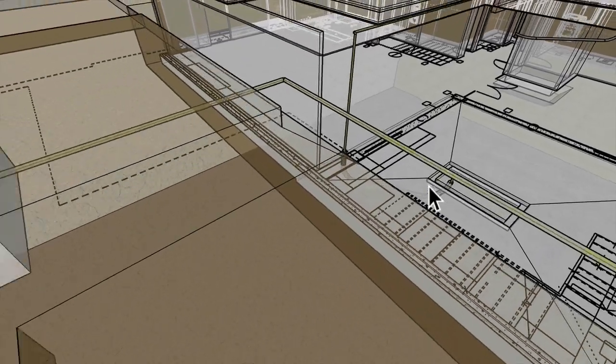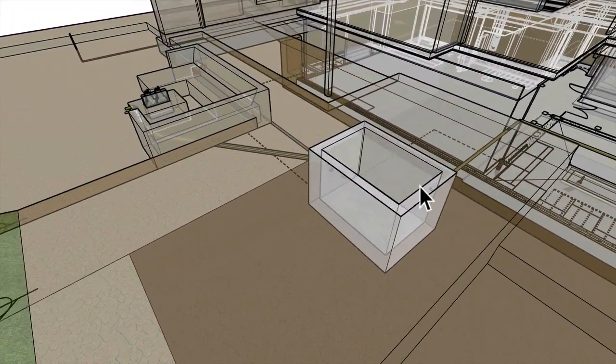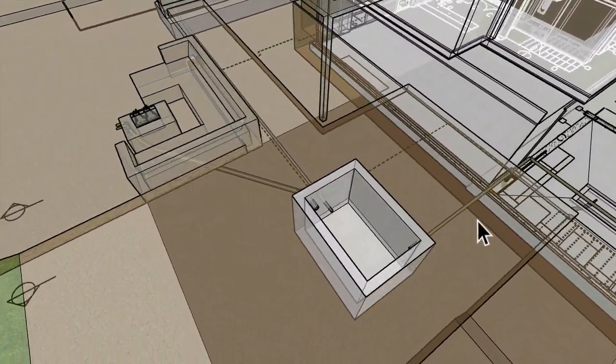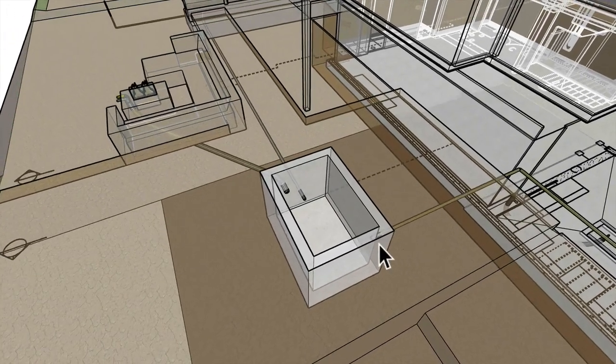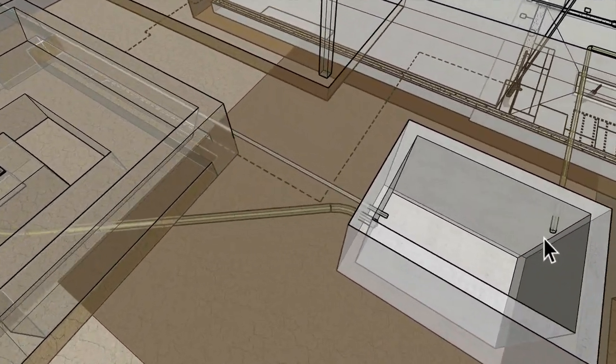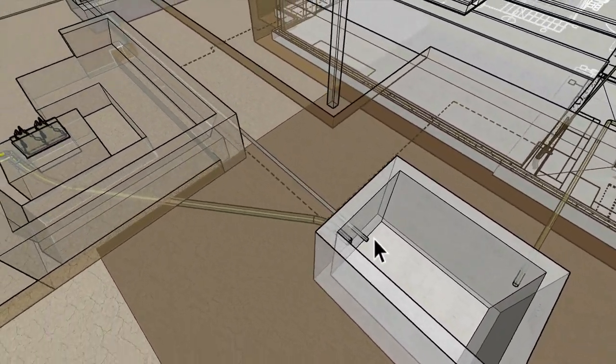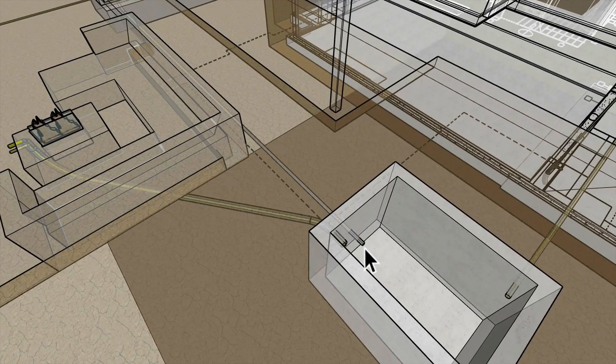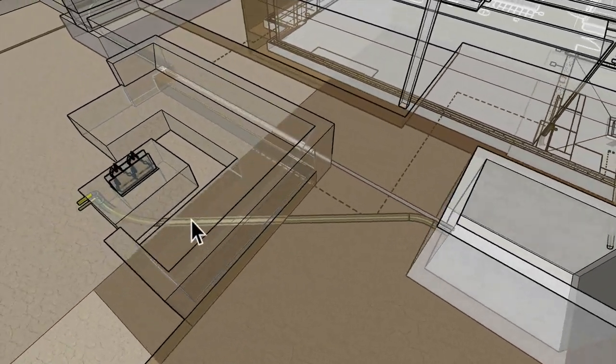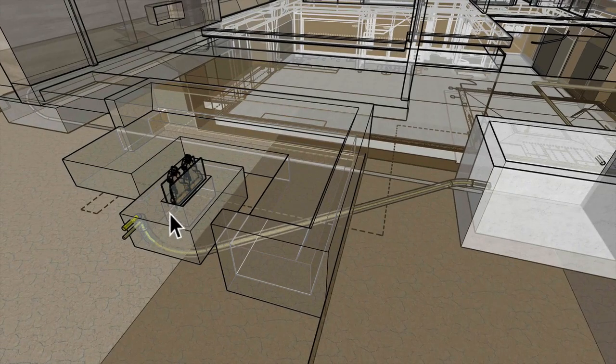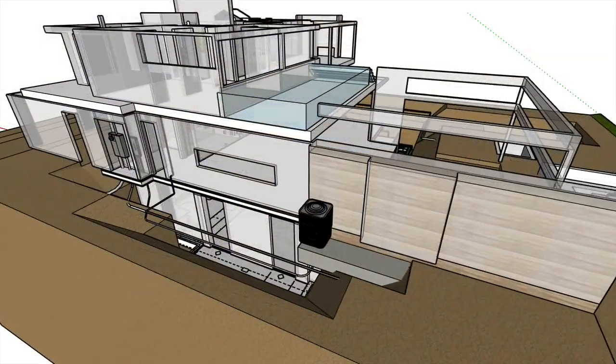And we've done something similar here for the fire pit outside. You can see the gas coming in here. This is where the pool equipment is. And this little stub out is for the electrical. And then gas over here to the other fire pit in the backyard. And over here,